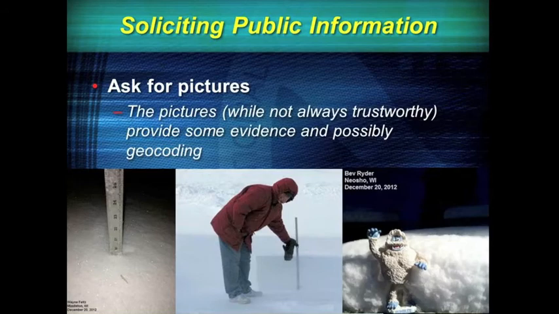Also, another thing we're going to try and emphasize this year is send us a picture. While those aren't always truthful, they do help out a lot, and then you can see, like, oh, there's their ruler, it really is that deep. You don't know what they're measuring it on, but it's still a quick way to get that information. Maybe get a geo tag on it, and you can get a cool picture of a Yeti in the snow. People just enjoy seeing their picture on your Facebook wall or seeing you retweet it. It kind of makes them feel important and like they're really helping out, which is important, so then we get more reports.